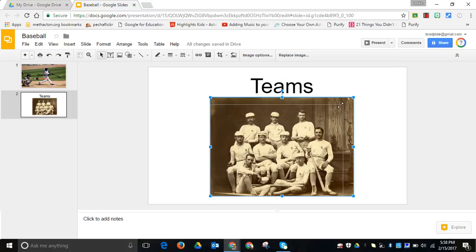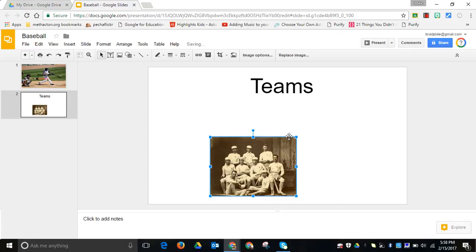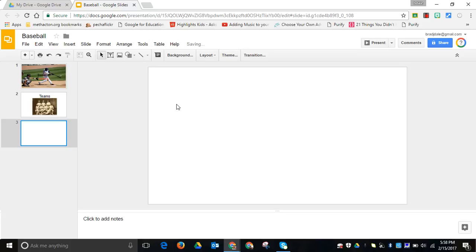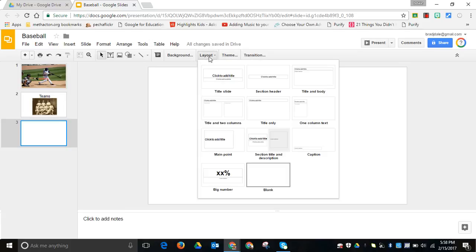One thing to point out, always come up to the corners if you would like to shrink or enlarge it. So I'll just go back to that. So there we go, there's a nice one for the teams. Let me add another slide here, and let's say the layout here, you would like it to be